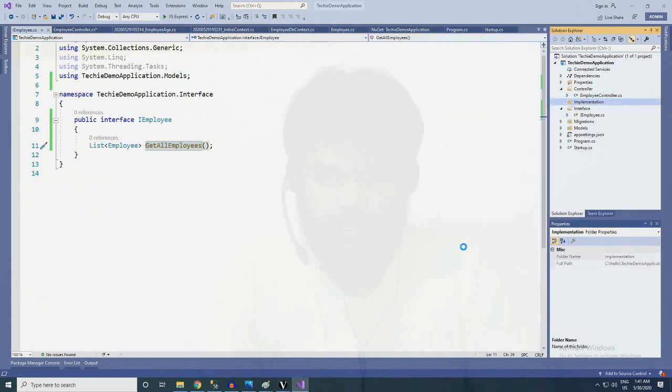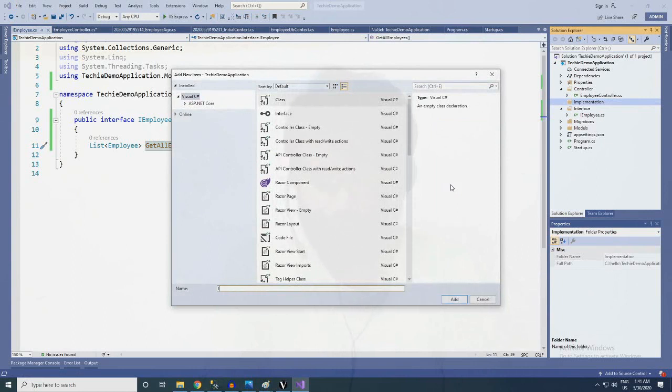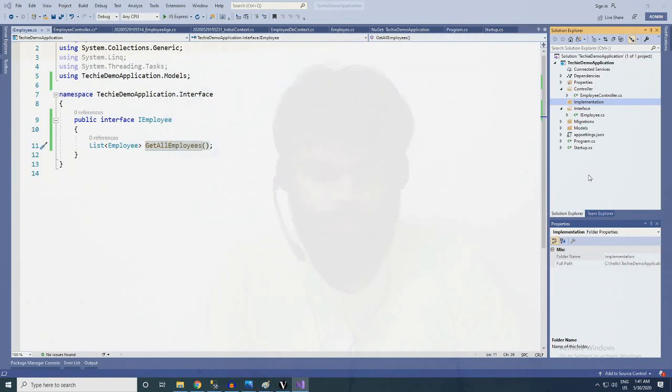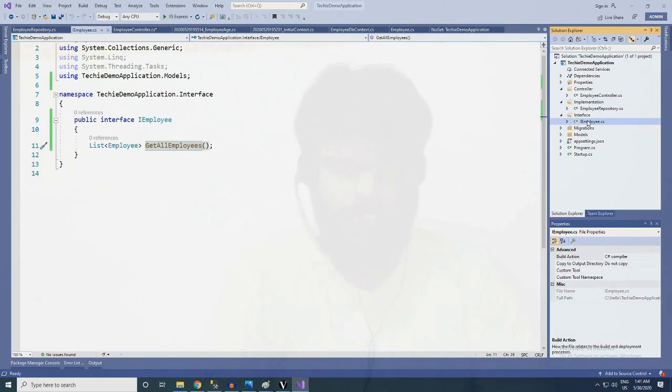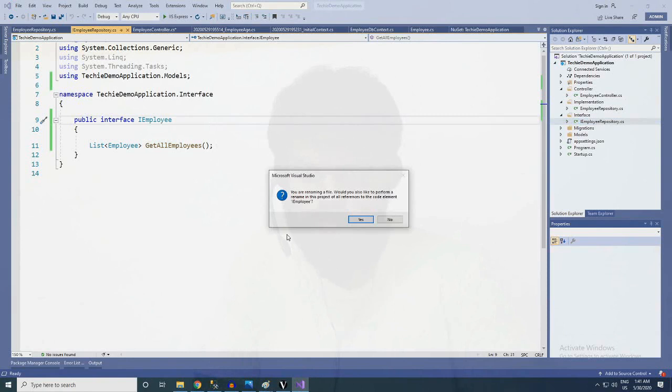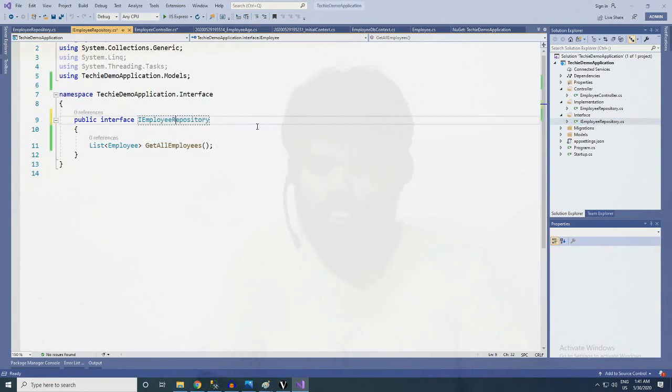So add class EmployeeRepository. Let me change the name of the interface here to IEmployeeRepository and change the name here too.